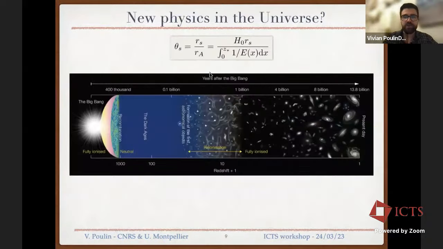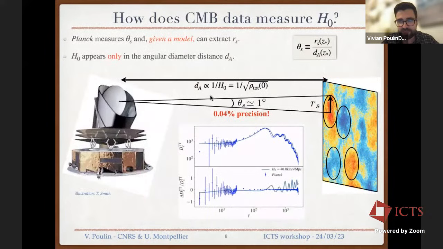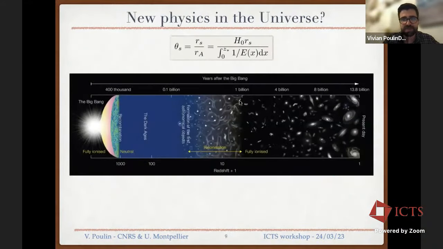So how can we correct for that effect? Because of course, θs, and I have not said it explicitly, I believe, has been measured at very, very high precision. We know it extremely well. It's in fact the quantity that is the best measured in cosmological data nowadays. So we certainly do not want to change the value of θs. So how can we do that?